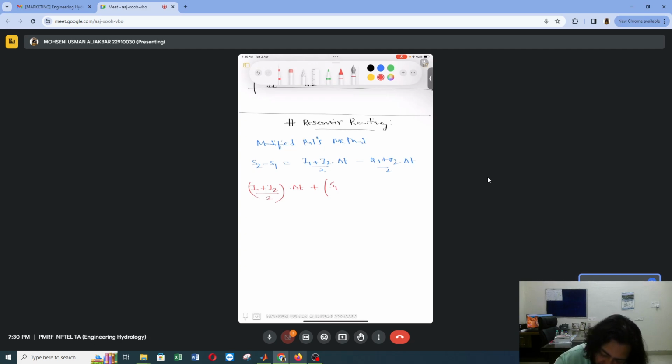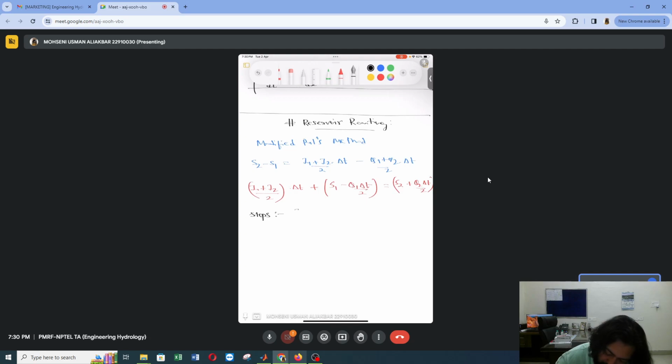So we know the storage capacity of the upstream hydrograph, we know the outflow of the upstream hydrograph, and what we are required to find is the characteristics of the downstream hydrograph. So what we require is the storage capacity of the downstream hydrograph as well as the discharge or outflow of the downstream hydrograph. So what we have done is we have rearranged the equation by keeping the known parameters on the left hand side. Now let's look into the steps that are required.